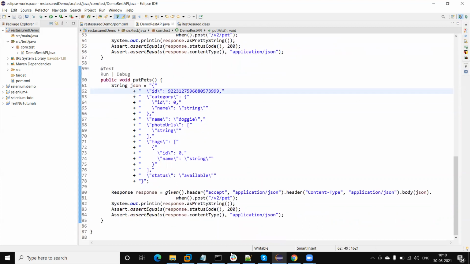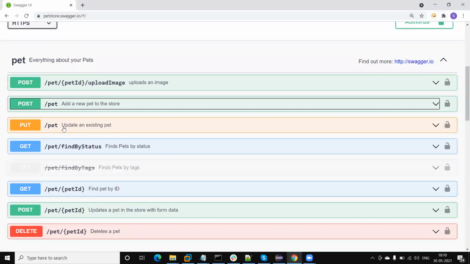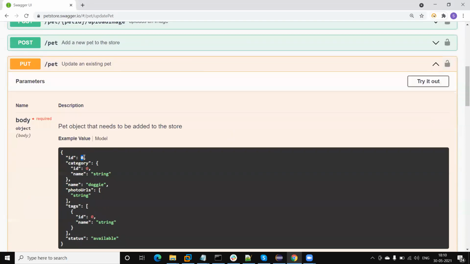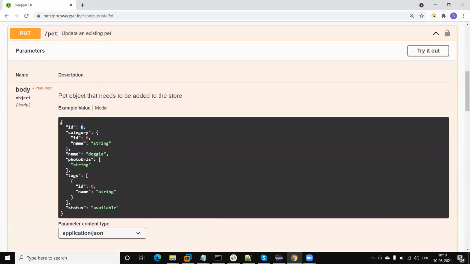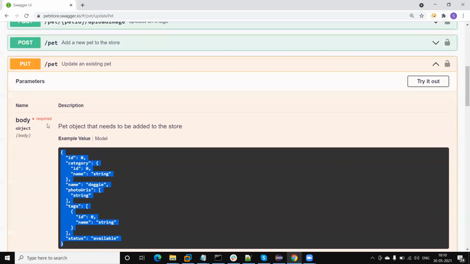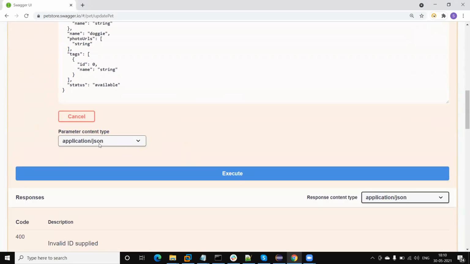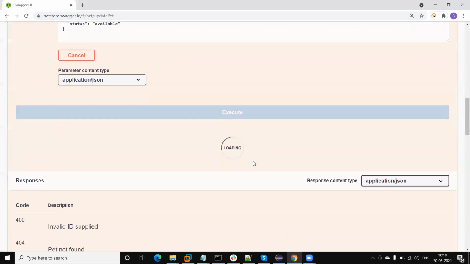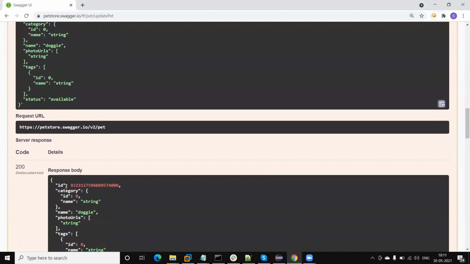And here you can see if I go to this request, this is the put request: update existing pets. Here we need to pass the ID for an existing resource like pets. Then the response body is the same, JSON body is the same. Only the change is the method type, and the slash is also pet. If I try it out here, you will get content type application JSON as well as the accept content type application JSON. Execute this. We will get the same response. These are the same request details, only the method is put. And this response will be the same.